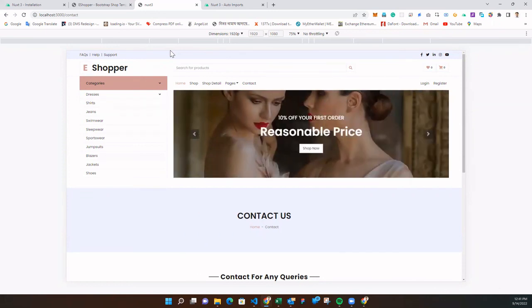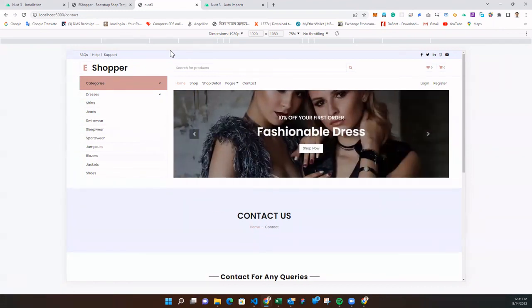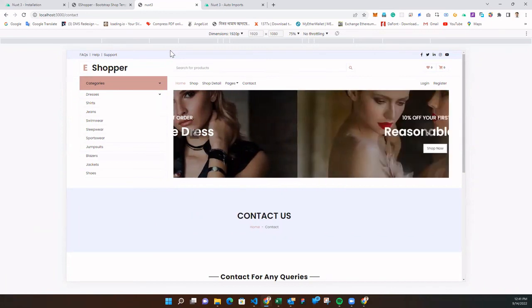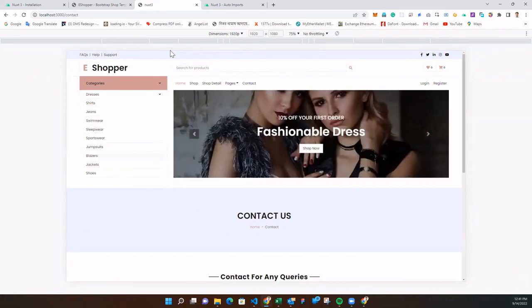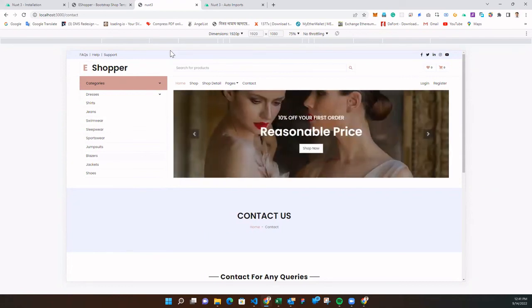The way we declare data, the way we declare computed properties, these things are not the same in composition API, in general, not in Nuxt 3 specifically, but in composition API. So if you use Nuxt 3, then it is advisable that you always use composition API, because that's